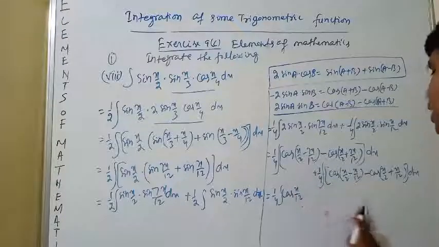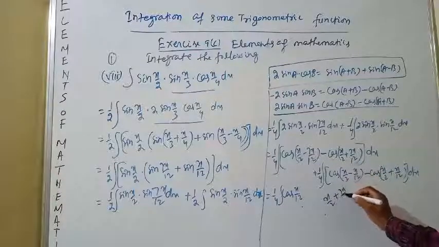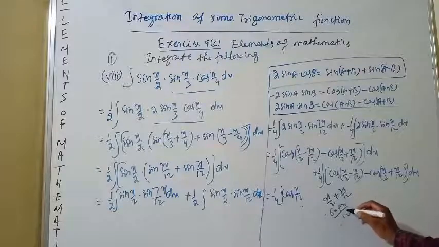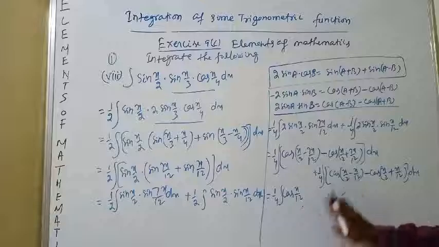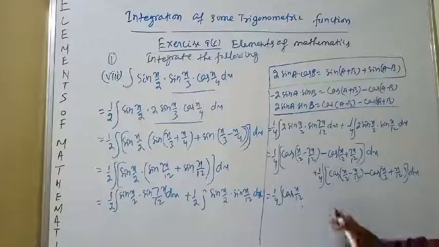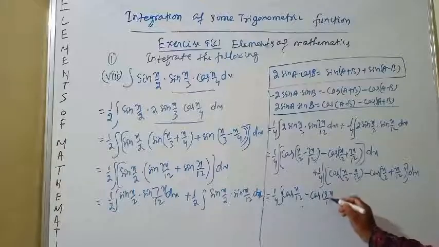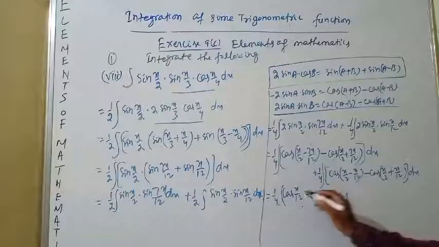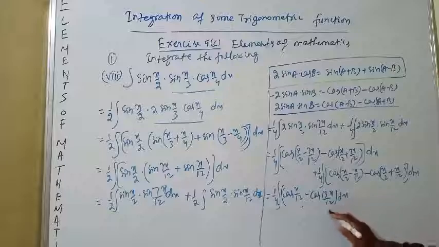Here x by 2 plus 7x by 12. Here you see this is 6x, this is 7x, 6x and 7x, 13x by 12. Here you write minus cos 13x by 12 dx. Here you put integration. Okay, plus